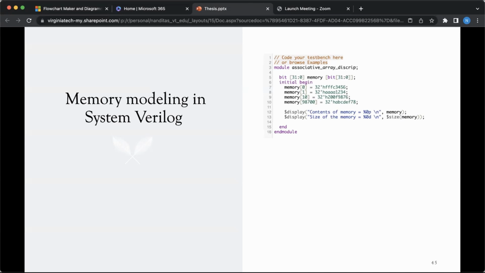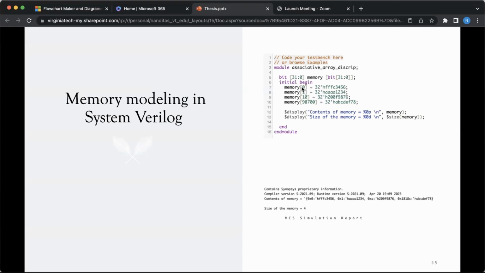So this is kind of like a superset of software as well as Verilog, and this particular language is mostly used for design verification. So what we have done is a memory modeling using this language, and as we can see in this example, we have taken a module, and this program is written in System Verilog, and we have taken an associative array, which is like a hash equivalent in System Verilog.